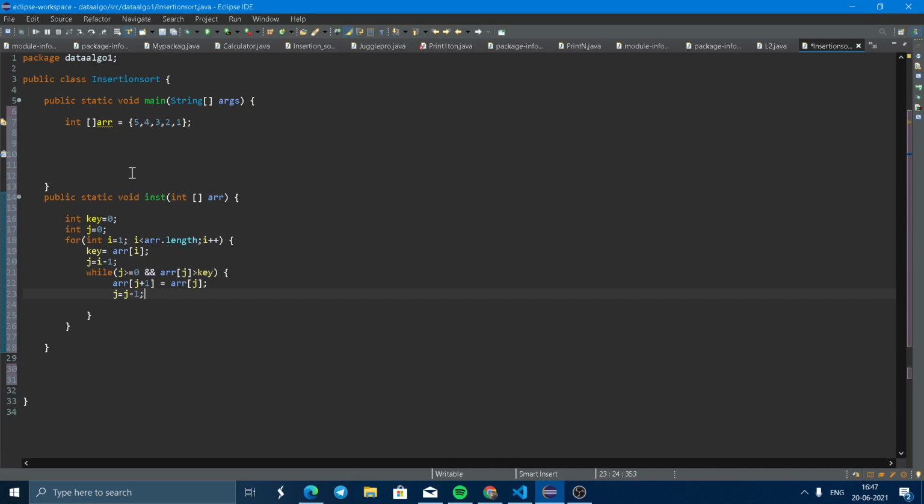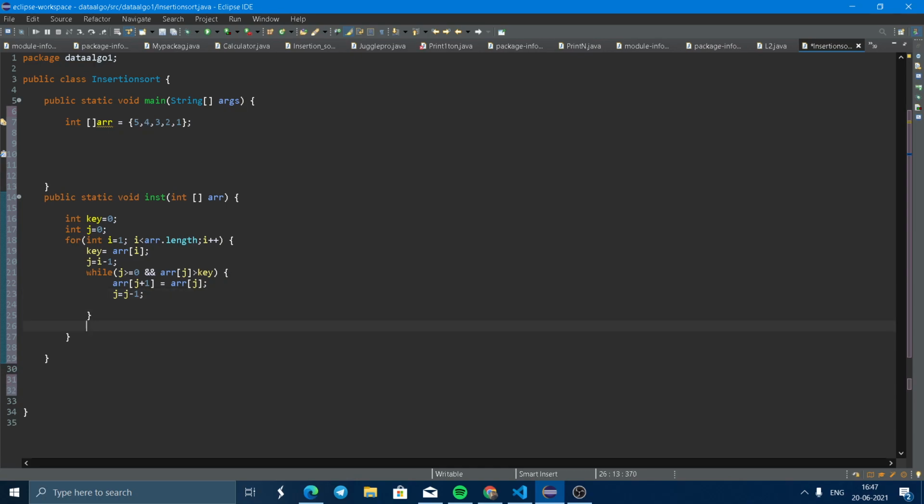The position of 4 will store the value of 5, which means this 5 will come here. Simple, the 5 will become here.